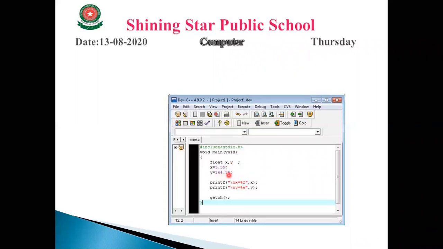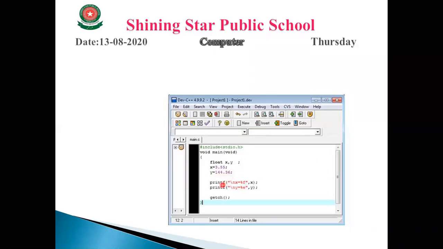You can also take these values from the user, but for taking the values from the user, first of all we have to write printf, enter the value for x. Then we use scanf for getting something from the user. But now in this example we enter directly x equal to 3.55, y equal to 144.36.